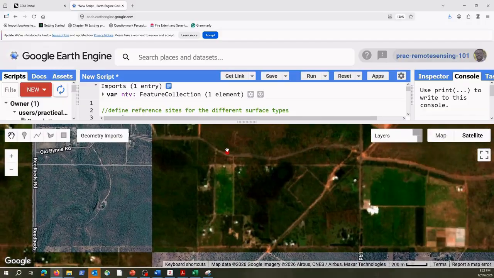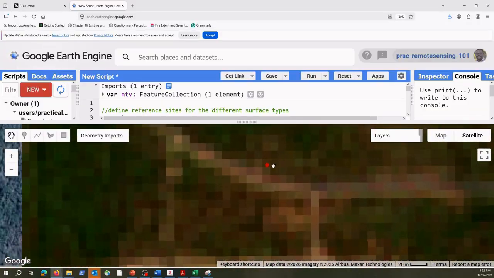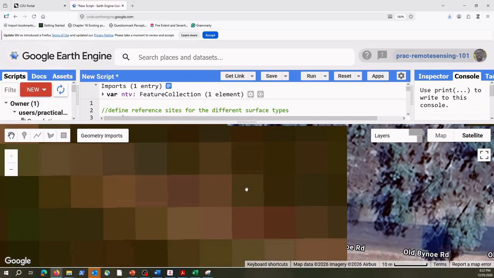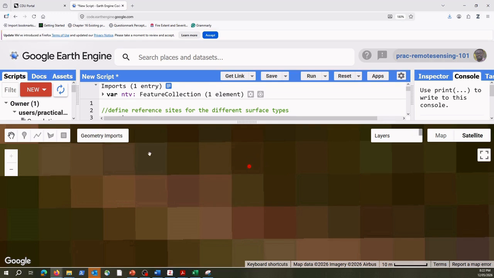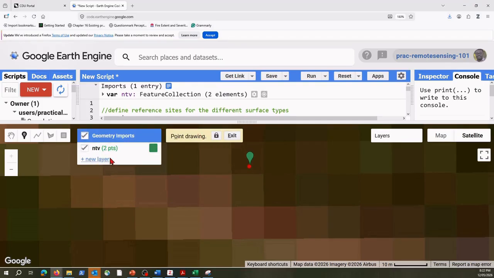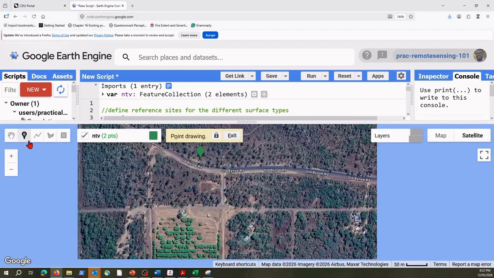Also, this is the second one. So this is the pixel here, and I'm going to take the marker, the point here, and I'm going to drop it here. And again, I think of this as NTV, so that is it. So I've sampled to NTV. Okay, I'll go to the next one,